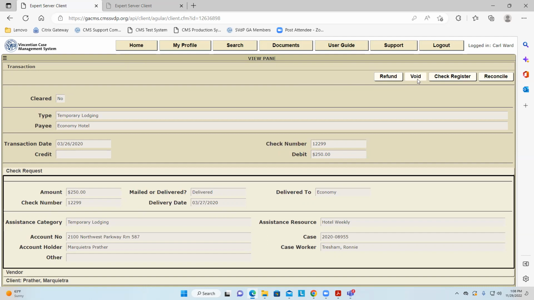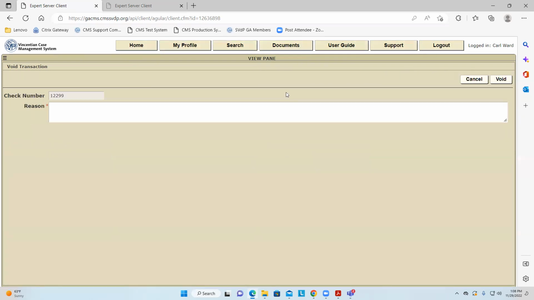I have yet to see it. But anyway, if you do get it, you could just void it out. It's pretty simple. You just call up the check and void it out. But you have to give a void reason, because the check was returned.